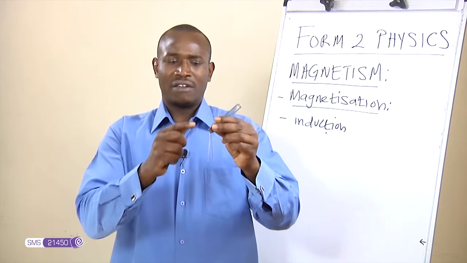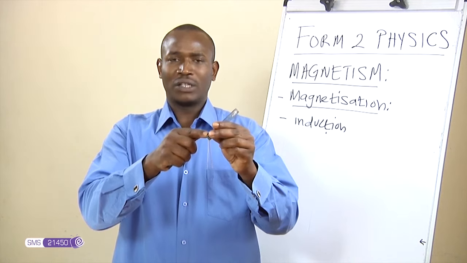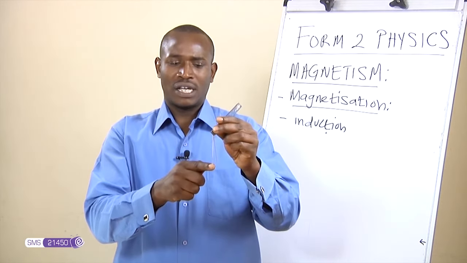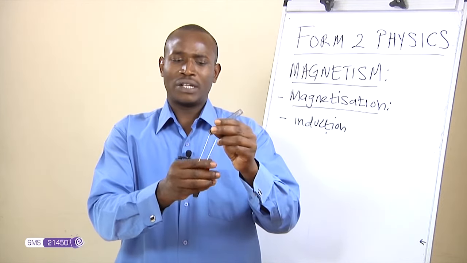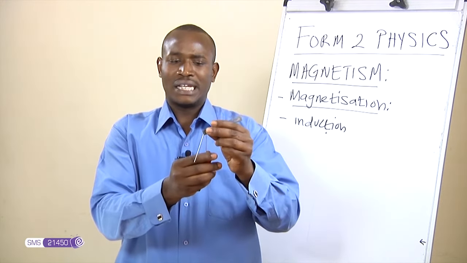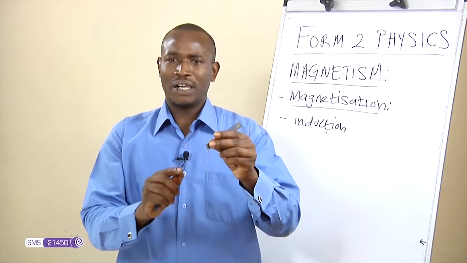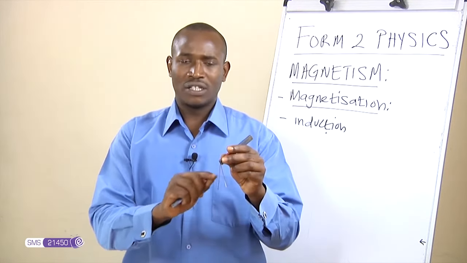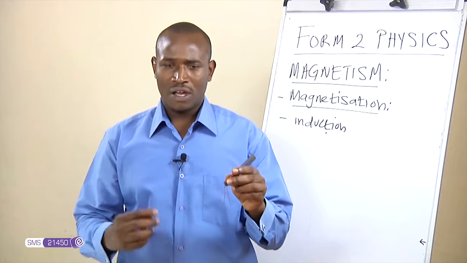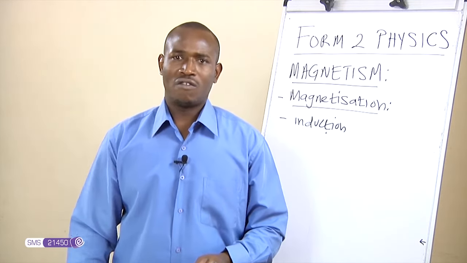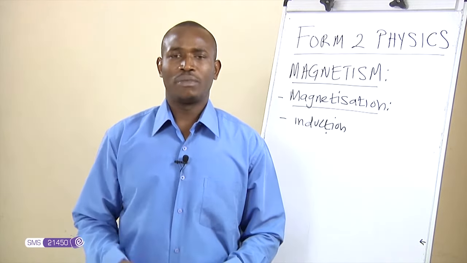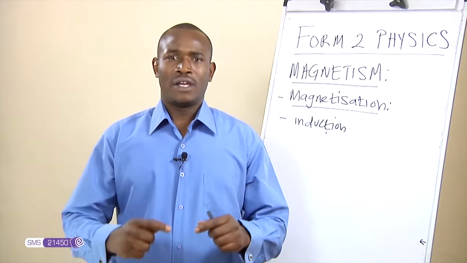So if another pole similar to this one is brought, there is more repulsion, indicating that these two poles are similar poles. So basically, that is the first method of magnetization, the induction method, where we have said the